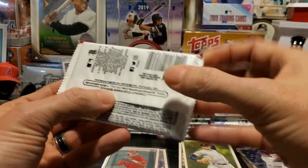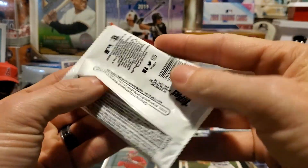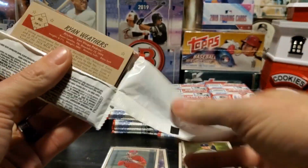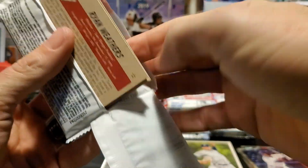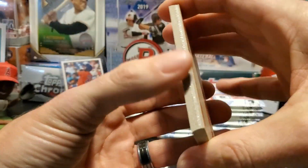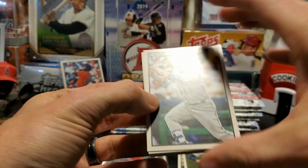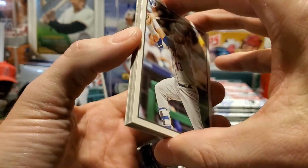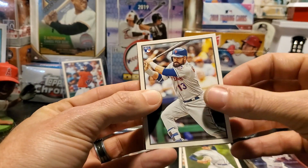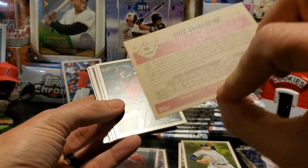So we'll see who we get with our autos. It's amazing that we pulled that Yordan Alvarez as the very first card. So hopefully we can pull another one of those. Alvarez, obviously Rookie of the Year, but he doesn't have any rookie cards yet, or official Topps rookie cards. Obviously, he has Bowman first and all of that. Here's a Louis